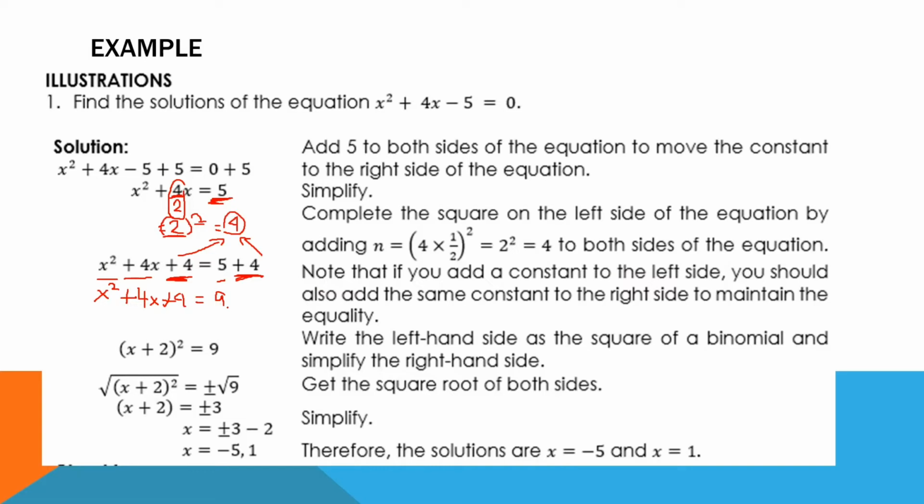Then, after that, we are going to write the left-hand side, or the left side, the trinomial, as a square of binomial. So, ano ba yung ibig sabihin ng square of binomial? Pag sinabi kasi nating square of binomial, pareha yung factors niya. So, katulad nito, when we factor this x squared plus 4x plus 4, since this is a perfect square